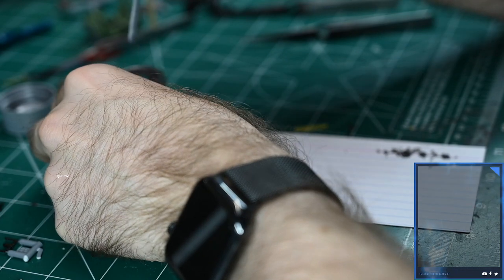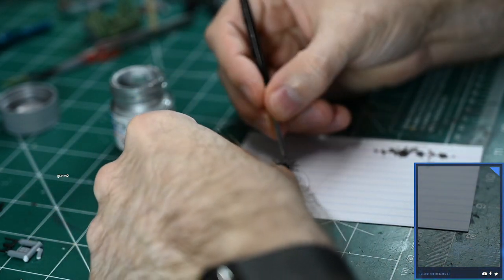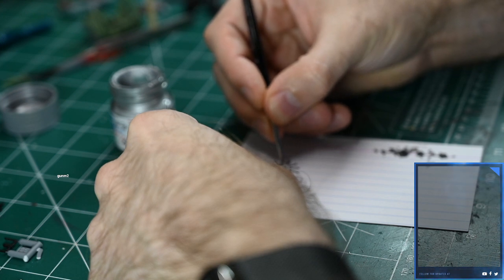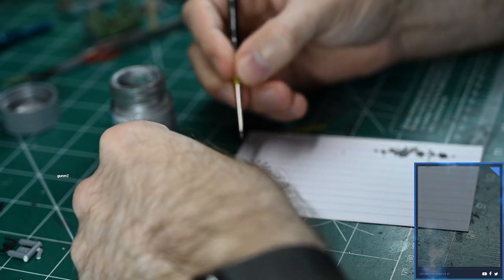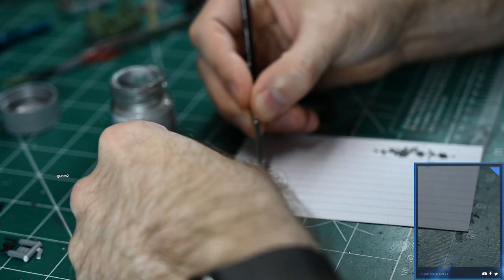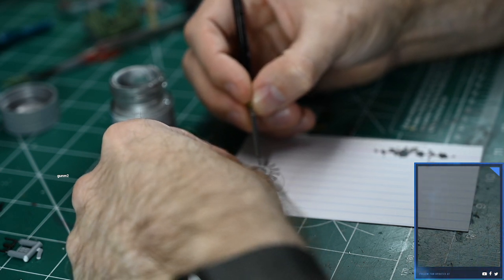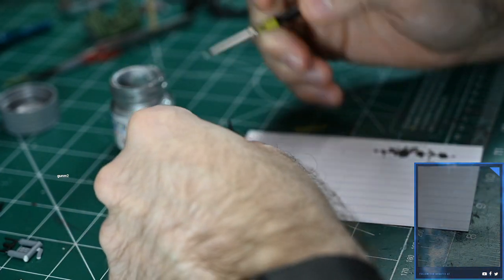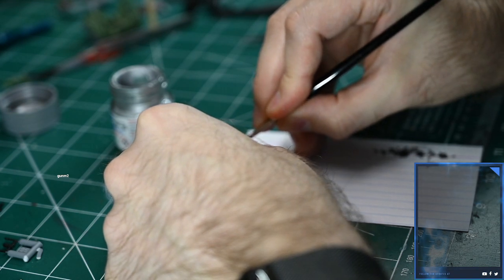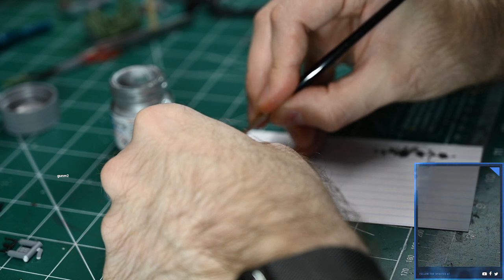So my guess is what I'll do is probably show the painting of the, probably the priming is what I'll do, and any filling that I have to do, which again we already know that there is some. And then I might paint the lower body off stream